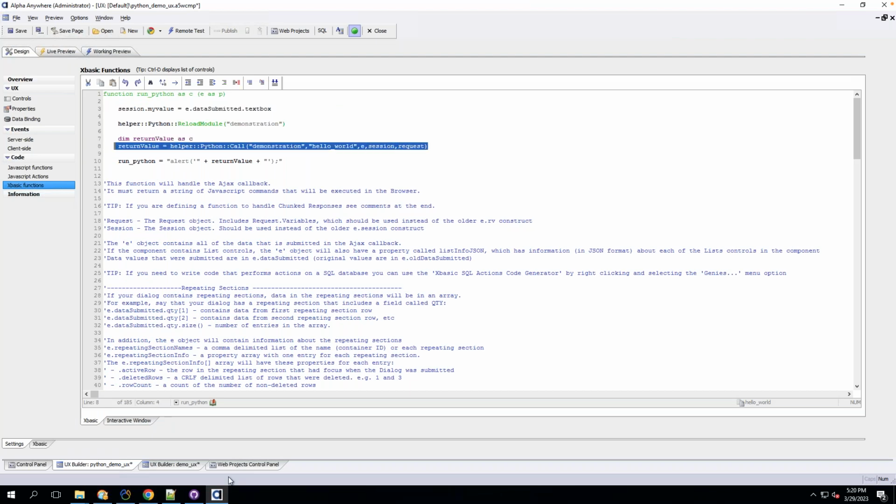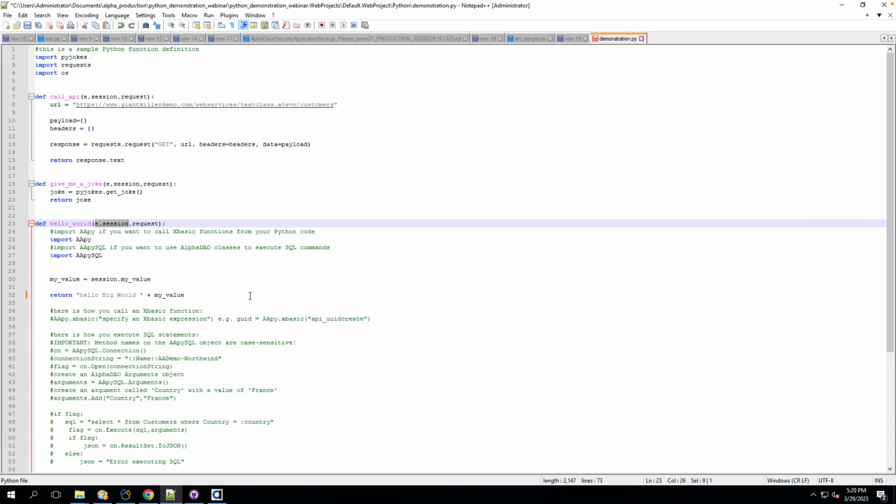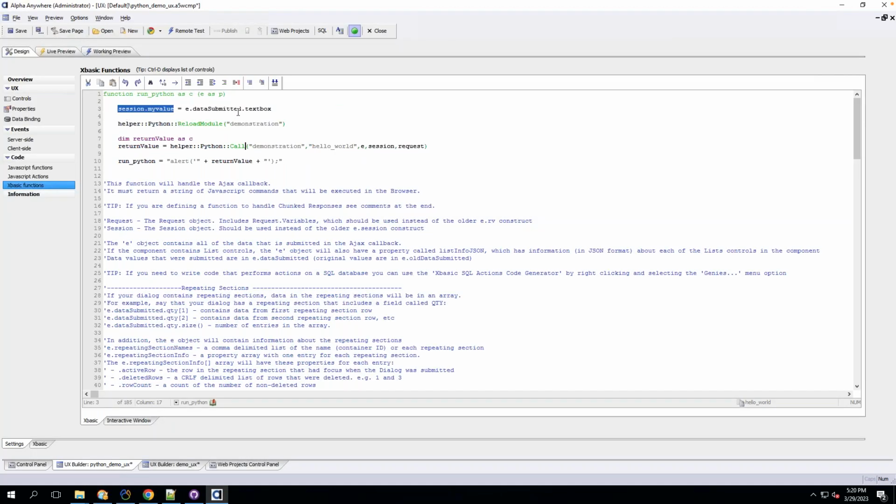Now, as we showed last time, if I wanted to, I could add my own other parameters and feed those into it. It's really up to you. You're not required to feed these things in unless they're specified here. So that's just a heads up: if you're not going to use e, session, or request, you can just put in your own parameters there. You're not forced to put that information in. But in our case, we're going to use the ability to read session variables and pass that data into it from here. The last thing is that after this runs, it's going to send a value back, and we're going to show that on the screen. And if I've done everything correctly,